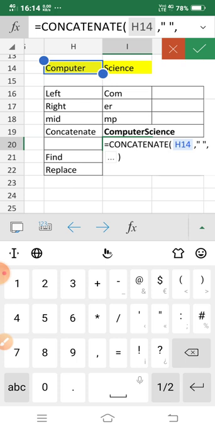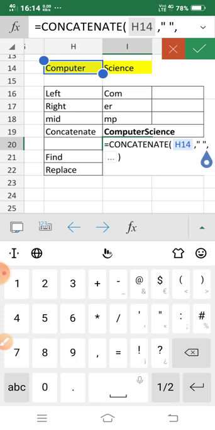Because I want the space here, but double quotation symbols are used for space here, because space is taken as a character. So when you use some character, you have to give the double inverted comma. That's why I have also given here double inverted comma.